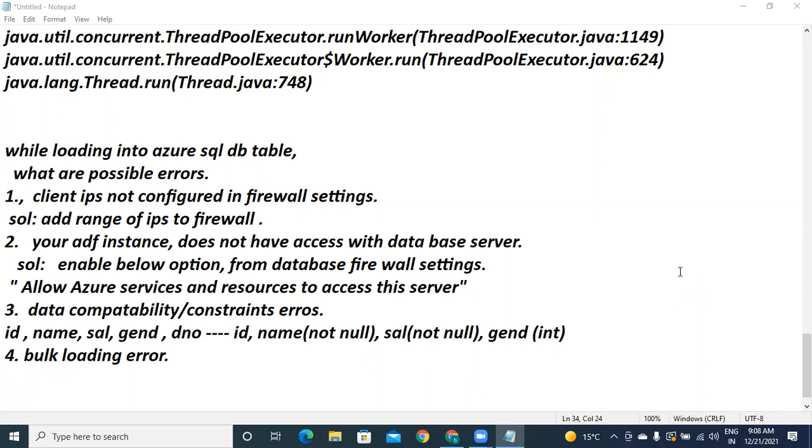And what we discussed today is, first, data lake to data lake: our source is a data lake, and the target is also a data lake. And second activity, data lake to Azure SQL. I have a final question.